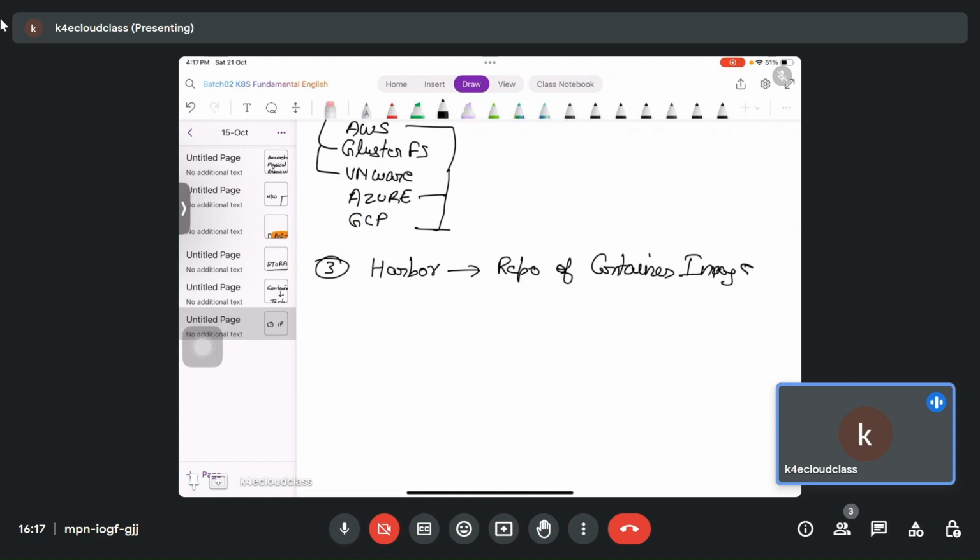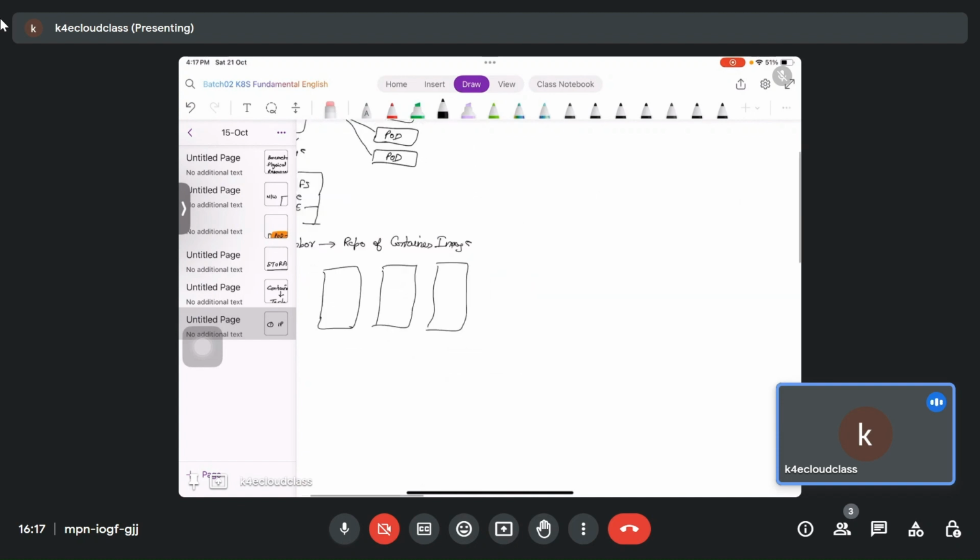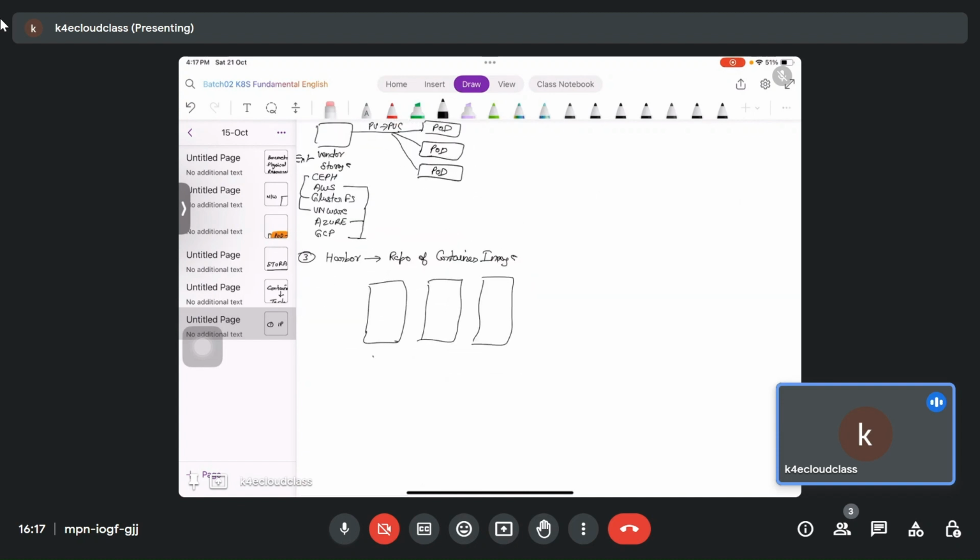So when you deploy a pod on different nodes, this is your Kubernetes architecture. Let's say you have node 1, node 2, and node 3. If you are deploying a container or a pod on a specific node, let's say this node,